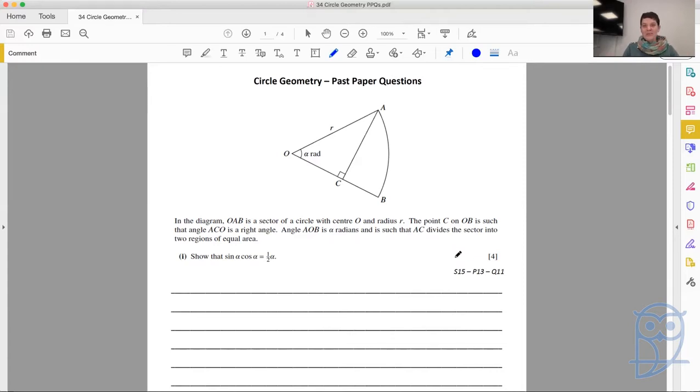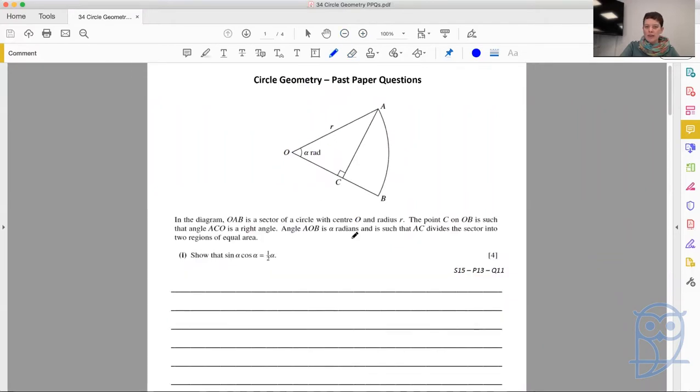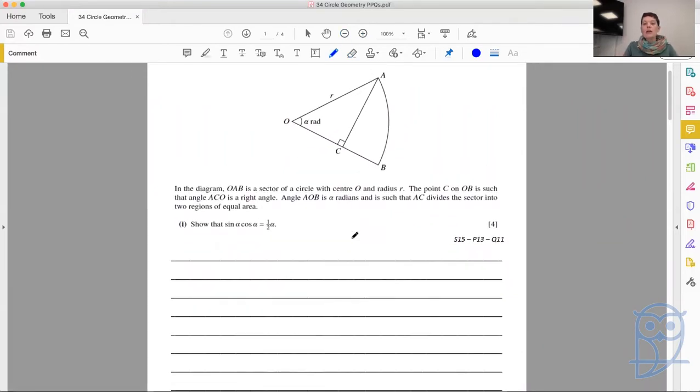Okay, right. So that is an unusual show that question, but we can still use exactly the same understanding and approaches that we would normally for these questions. We take a relationship that we find in the equation and we work with it. They tell us that this line AC divides these two into equal areas. Well, we have a triangle, we can do area of a triangle, that's not a problem. Area of this funny shape is, who knows? But area of this triangle being equal to that means area of the triangle is half of the